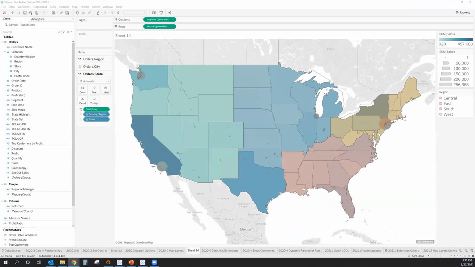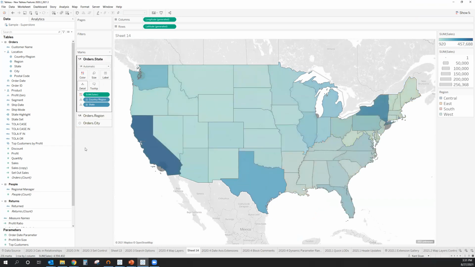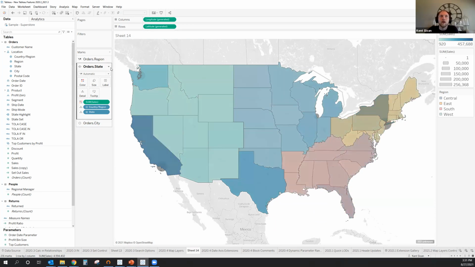Kent, yeah. I have a question. Can you reorder the layers, or are they set? Oh, yep. Okay, great. So you can click and drag to reorder them at any time for which one goes on top and which one goes on bottom. And if you're having trouble keeping track of them, if you click on this little arrow, you can rename them. So if it helps you to be like, well, what was I trying to do with that one? You can actually name these to call out. So I could say state 1, for example, and then go grab state again and bring that in here and do something different with it and then rename it. So I could put the same field in here, format them differently, and even name them to help me keep track of what I'm doing with each layer.